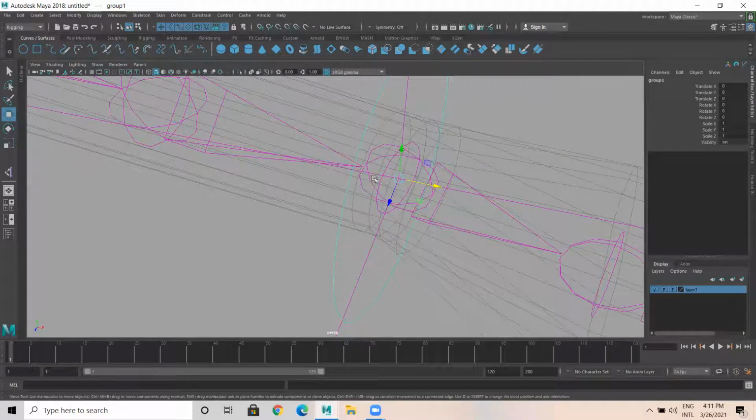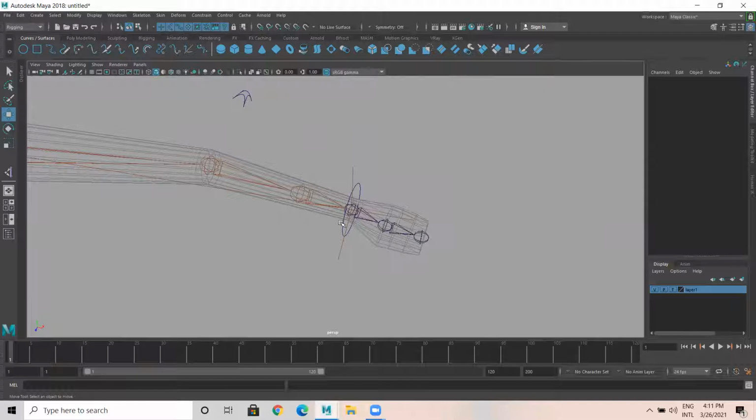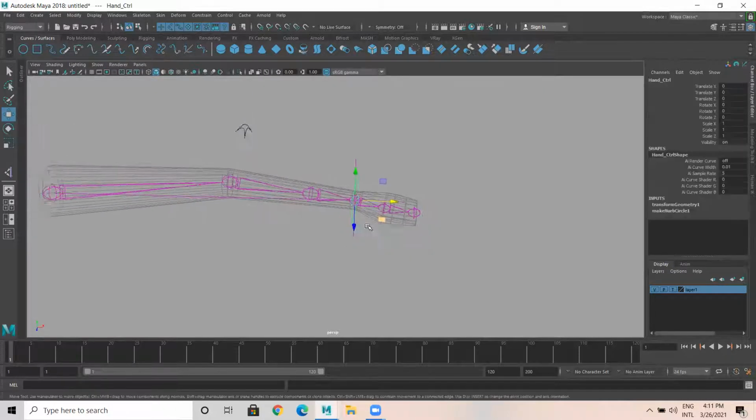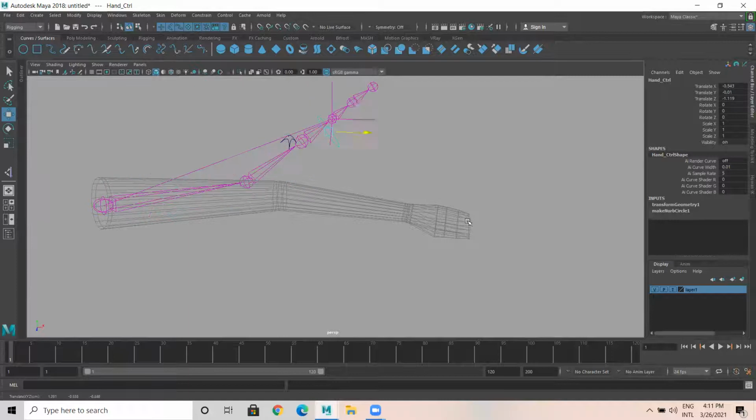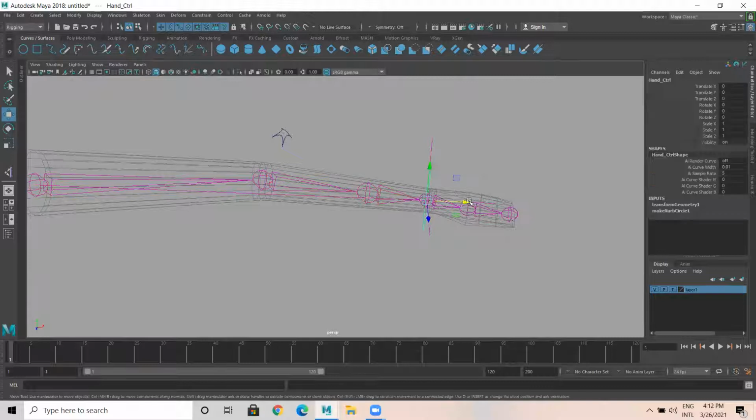Shift select the curve, Control G, group. After grouping, modify, center pivot. Now I have selected the group. You can see group 1 here. Then shift select this joint, P for parenting. Direct parenting we should not do. We have to group and do parenting. Then automatically my curve will be along with this joint. It should be. Yeah. Fine. See? Okay. Now see.